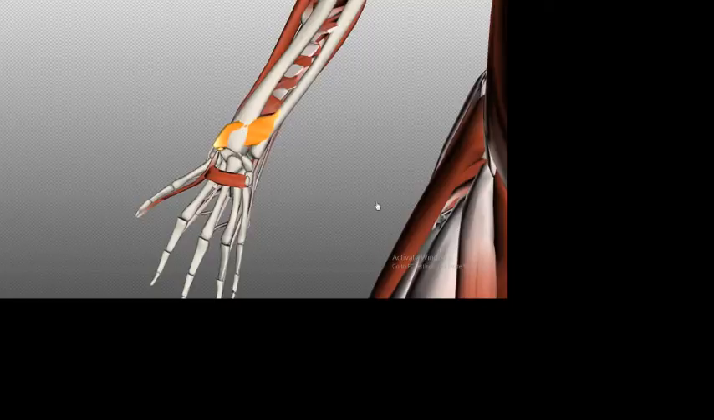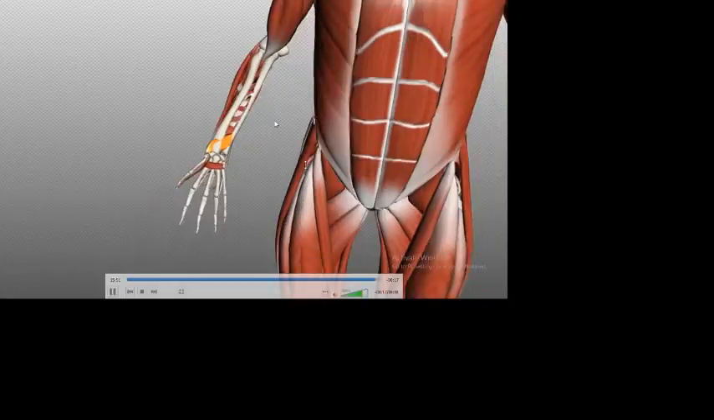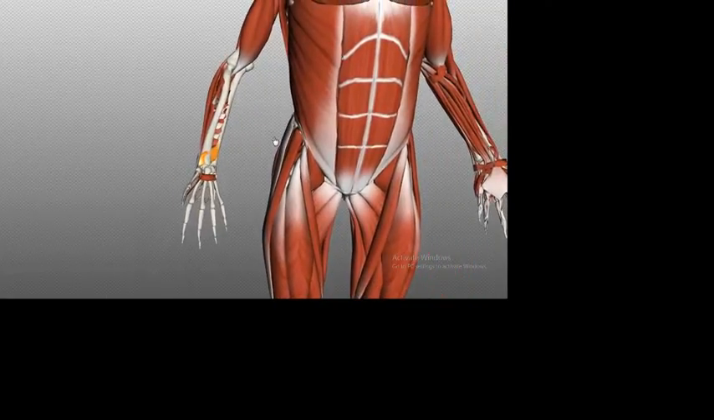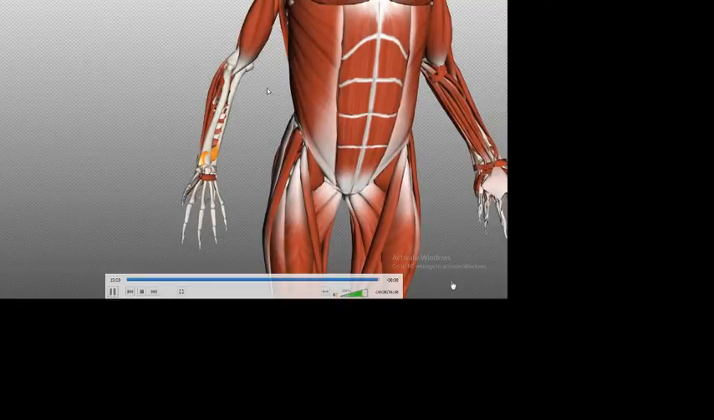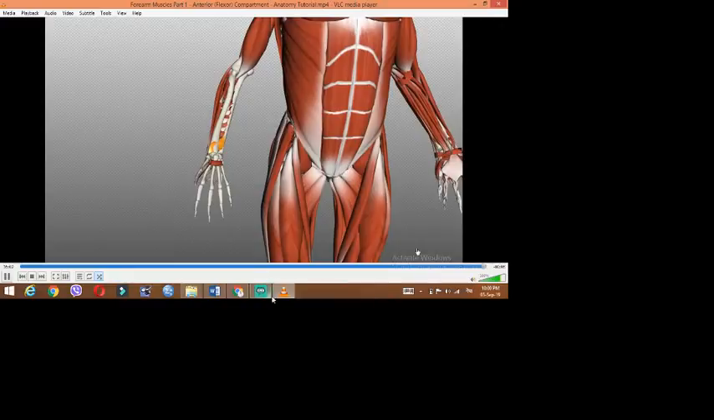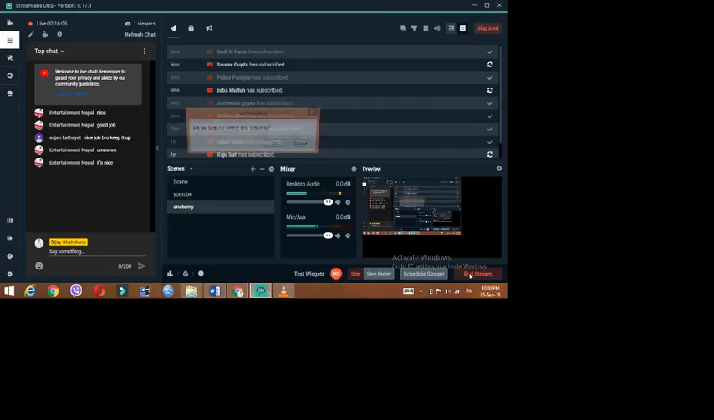So those are the muscles of the anterior compartment, the flexor compartment of the forearm. You've got the superficial, intermediate and deep layers, and you've got muscles which flex the wrist, which flex the fingers, and which pronate